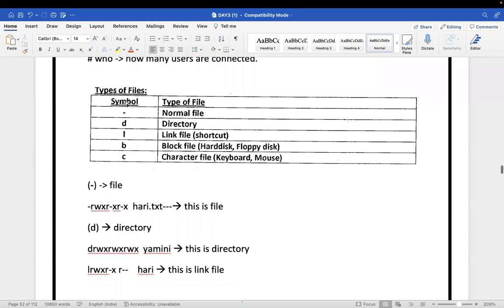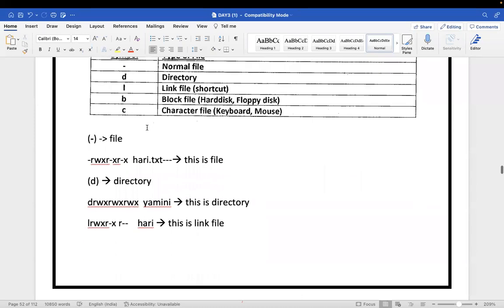How do you find out if it is a normal file, a directory, or a link file? By the start of the permissions of the file. Hyphen indicates a file, starting d indicates a directory, starting l indicates a link file.